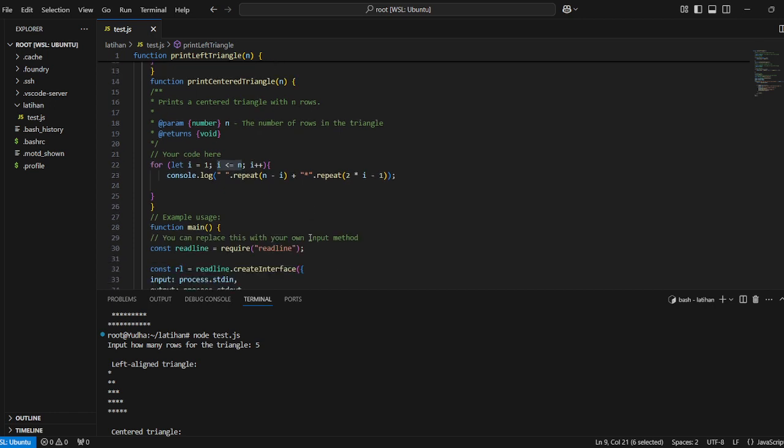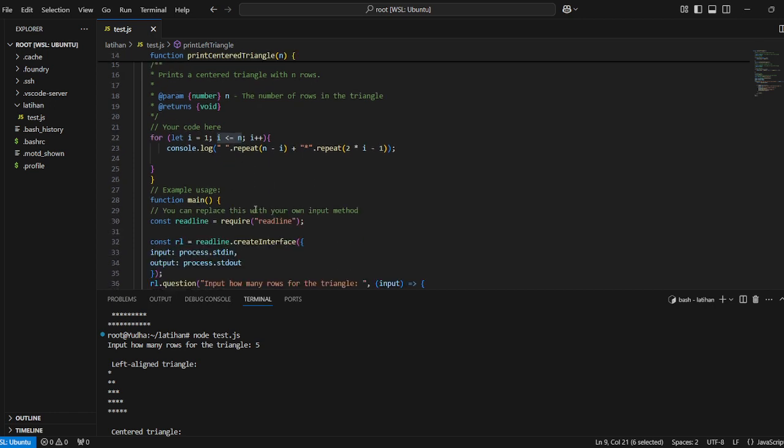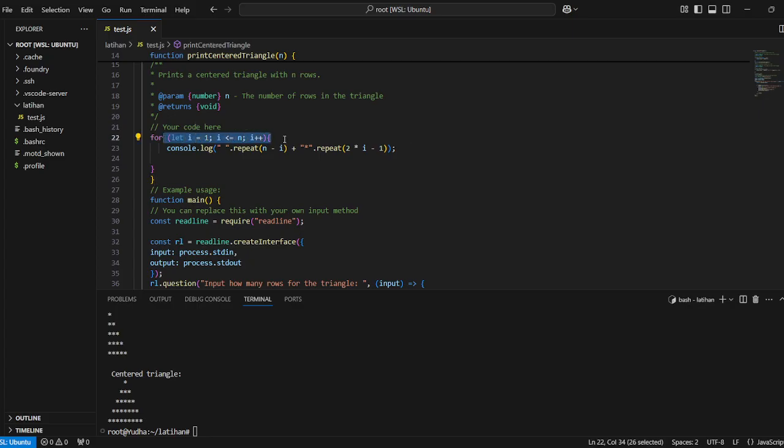So let's move on to the center triangle. For the center triangle, the loop has the same logic, but what makes it different is the log here. We print the space, and we repeat it by the number n, the number we input, minus i.